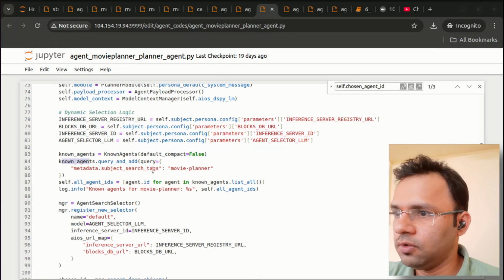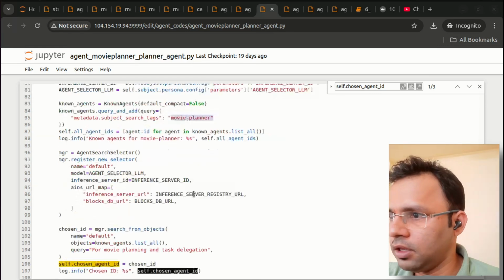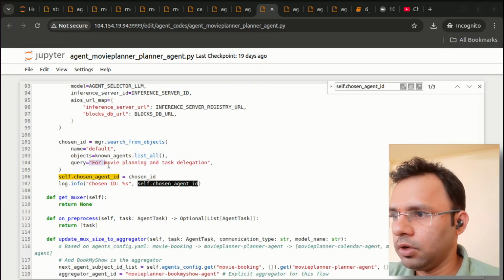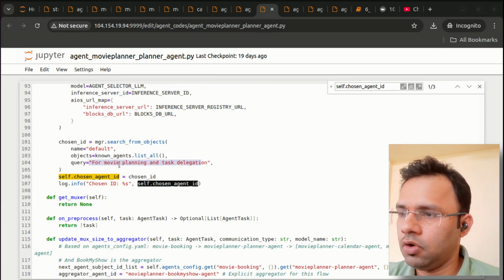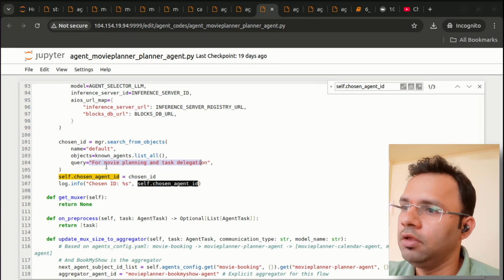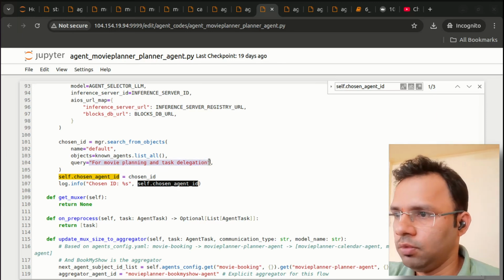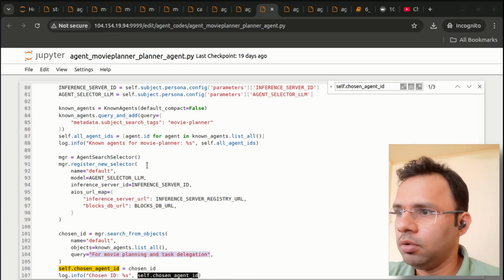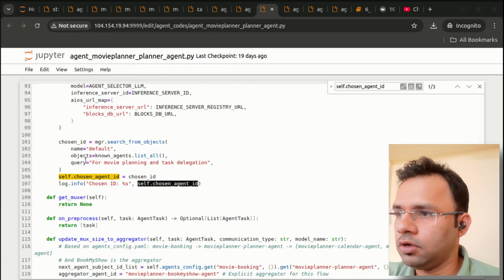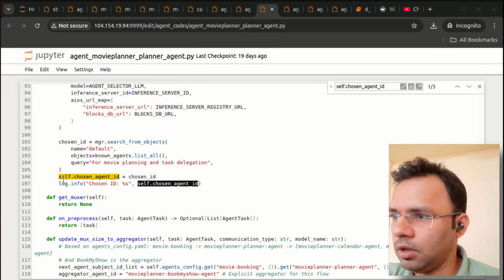The known agents now has all the agents which are movie planner agents. And now you can give your query: "Hey, I want a movie planner or orchestrator for movie planning." Such a query string you can give. So that will find, out of whatever the movie planner agents are there, which is the orchestrator. Basically it's a movie planner agent, so that it can provide you a chosen ID. So right now I'm initializing that to a chosen ID,